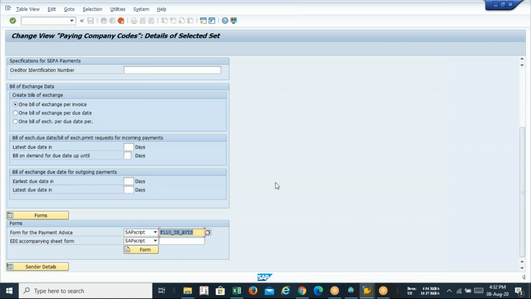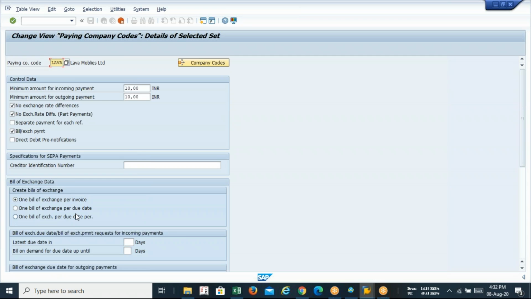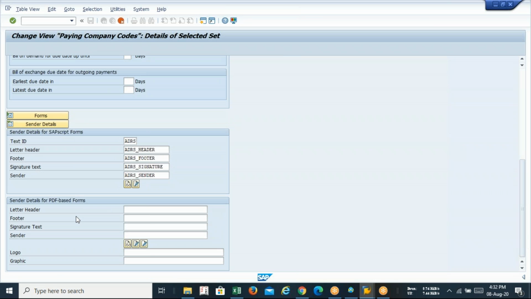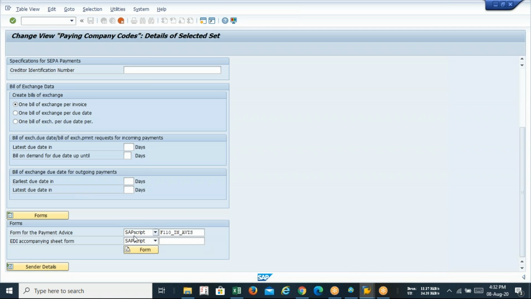So I think you have seen that. Acha, what about the sender details? This code is default for India. If it is for US, you just change the IN to US. This IN stands for international, so it is not only for India, it is globally accepted. IN for international.